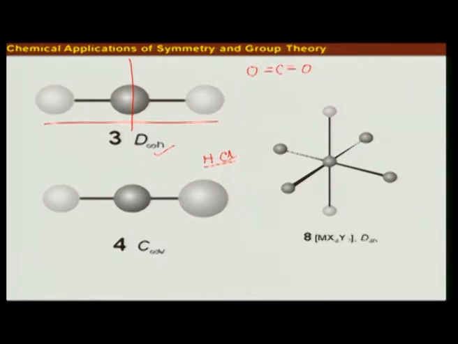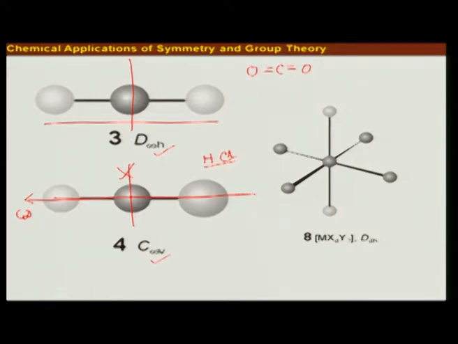But here let's look at this. I have a C infinity axis here, but I do not have a sigma H plane. So the next question will be, are there an infinite number of sigma planes here? Yes. You can imagine many sigma planes in this orientation or any other orientation. So the point group has sigma V,